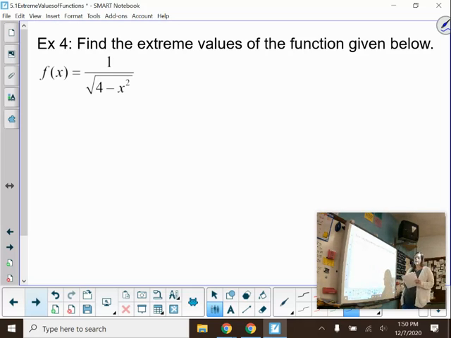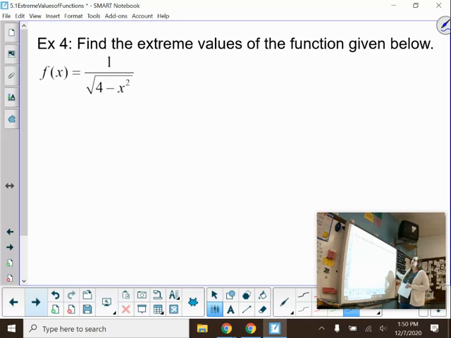There will be times, especially if they don't give you what the original problem is, you may only be able to state where the absolute min or absolute max would occur, maybe not necessarily what the absolute min or max is, so just make sure you are reading the question and answering it how it wants you to answer. This one says find the extreme values. Notice it doesn't say absolute extreme values, so we could be looking at locals as well as globals